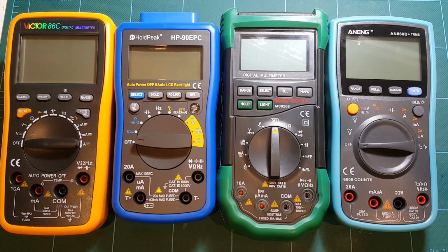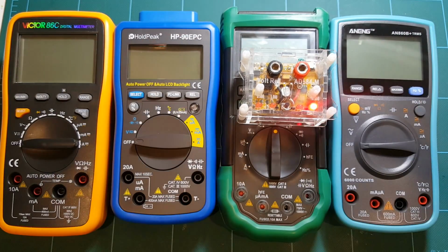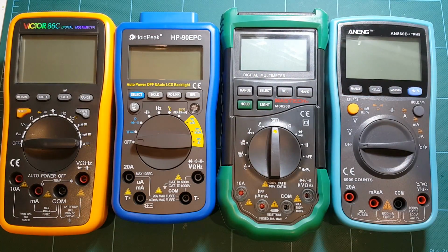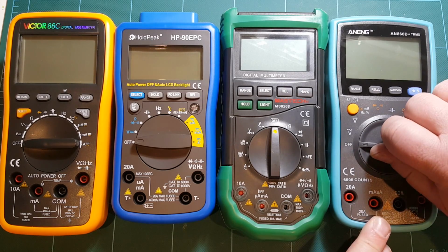But anyway, let's take a look at all these meters and see how they compare. So I'm going to hook them up to my voltage reference and see what they measure. And I'm not really looking for a precise measurement this time. I just want to see how close to each other they are, how much off they might be. So I'm going to test voltage measurement, the current measurement, and all the other things that these meters can measure. So let's go from this cheapest one,